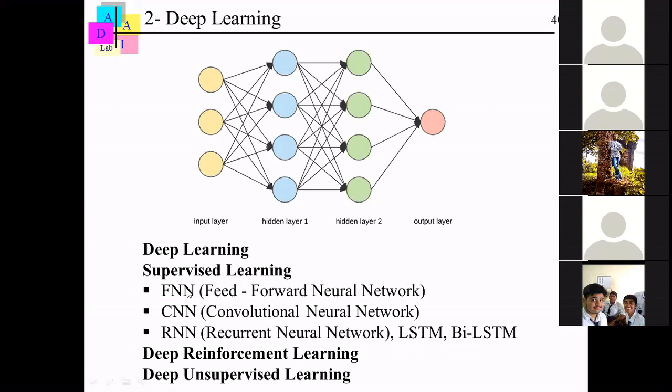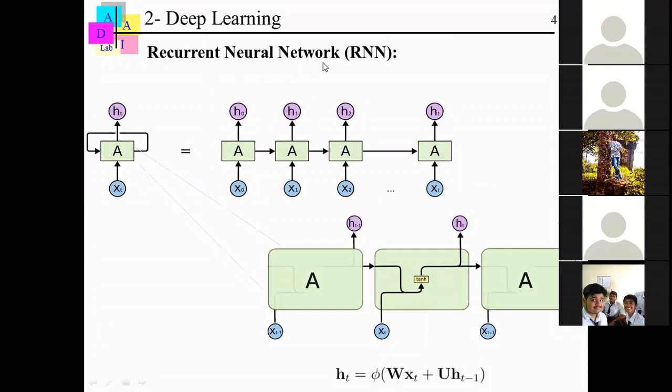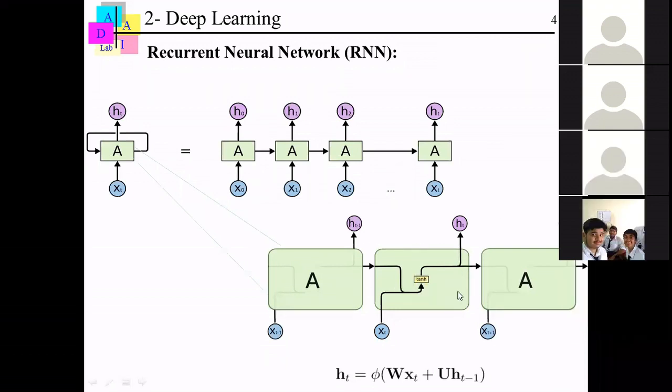Here are some deep supervised learning models: FNN, CNN, RNN, LSTM. Here is a recurrent neural network, RNN, in supervised learning. It means that we have the gate here, and from the gate we can remember or forget the last step or the last picture for the